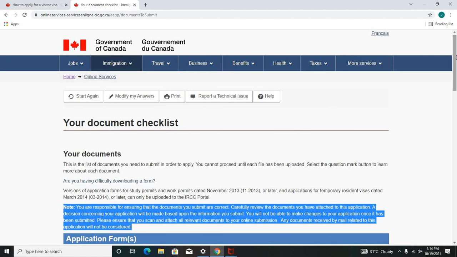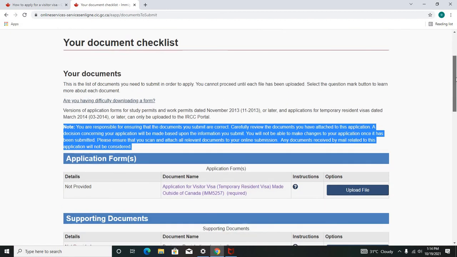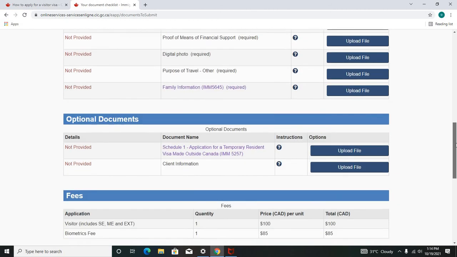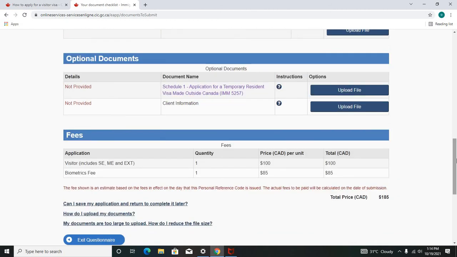So after the questions, this is your checklist. This is your document checklist. So you have to provide all these documents and you will upload them one after the other. After that, you will be able to pay your visa fee. So if you have any question,